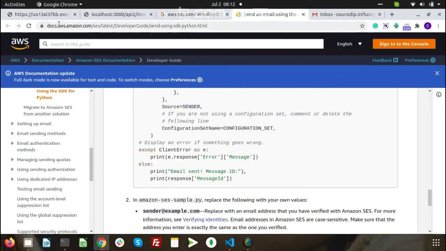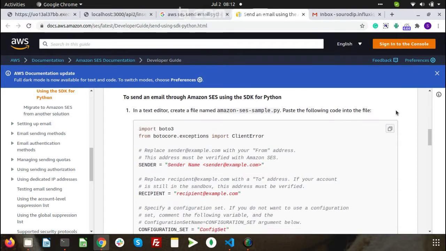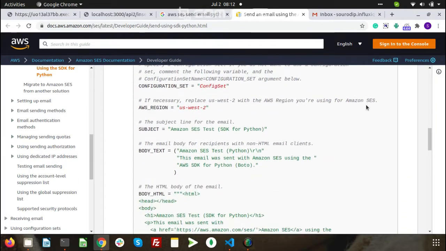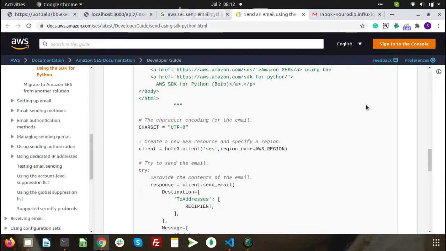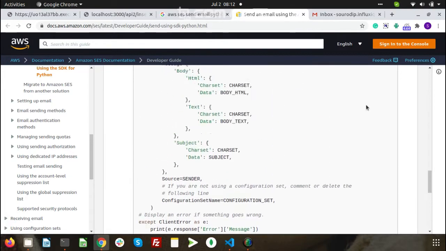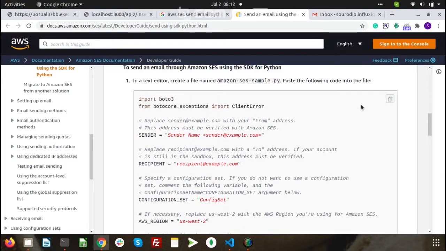This is the AWS own documentation. And you can see the whole template has been given over here. You just need to copy this and replace